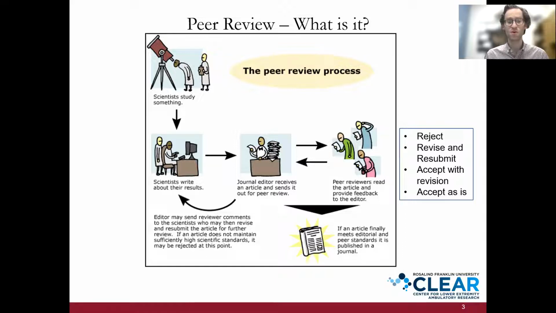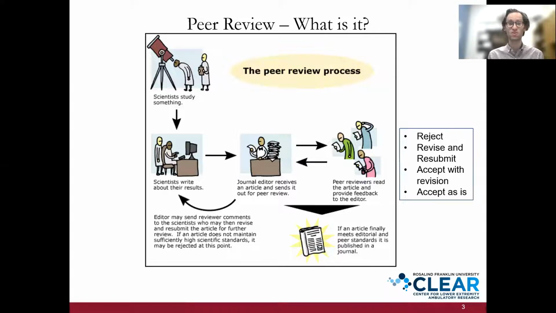This slide summarizes the peer review process for those of you who are not familiar with it. Essentially, this is the process by which a scientist discovers something, writes up a manuscript, then submits it to the editor of a journal for consideration in that journal. If the editor of the journal feels that the topic discussed is in line with the scope of the journal and is meritorious enough to potentially be considered, he or she will then send it out to peer reviewers who will then weigh the strengths and weaknesses of the manuscript